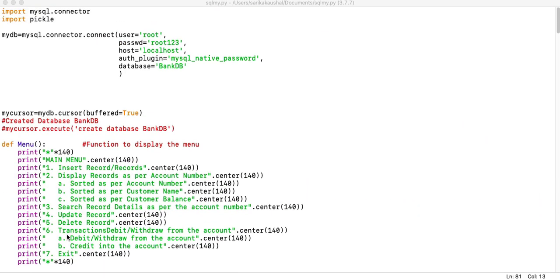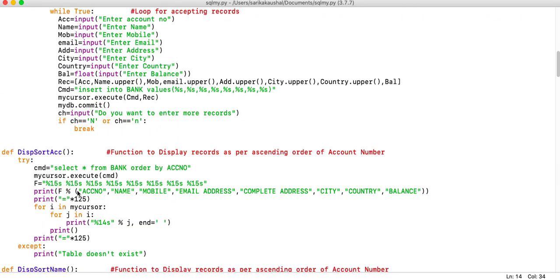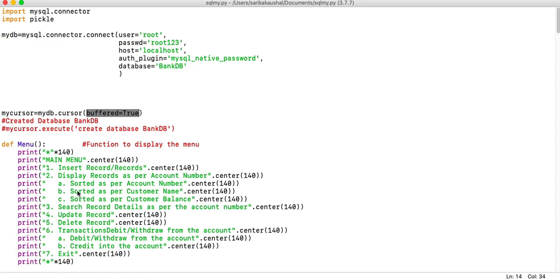Now here I would like to tell you one very important thing. Some of you, I don't know whether you have noticed or not, I have used an option called buffered equal to true. Here you are supposed to remember, whenever you are issuing multiple execute statements, whenever you are using my cursor.execute multiple number of times, the data is fetched from the server and gets stored in the buffered area.